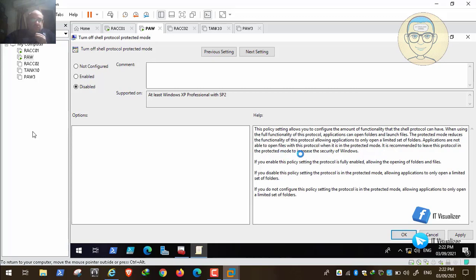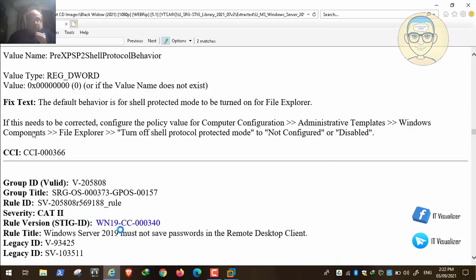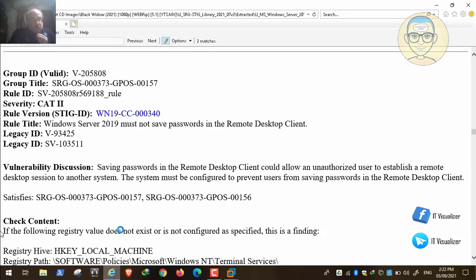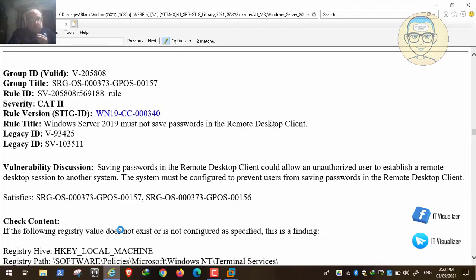So if it is disabled, then this is fine. If it's not configured, also this is fine. Okay, he's saying that if you do not configure it, it will be enabled. If you disable it, it will be enabled. So there is no need to configure it anyway. Okay, so here we see the other recommendation saying that Windows Server 2019 must not save password in the remote